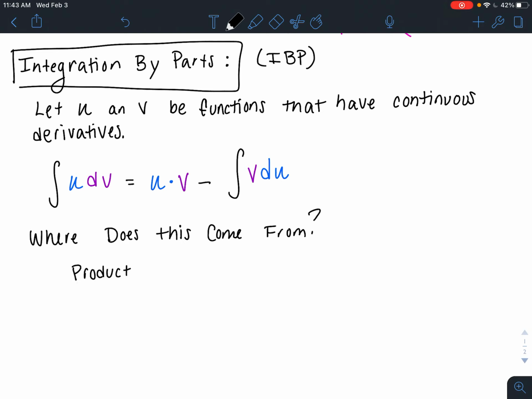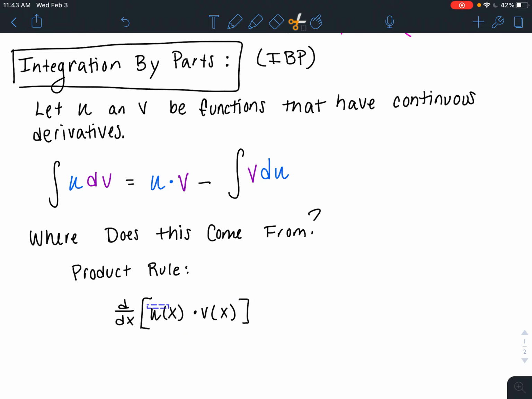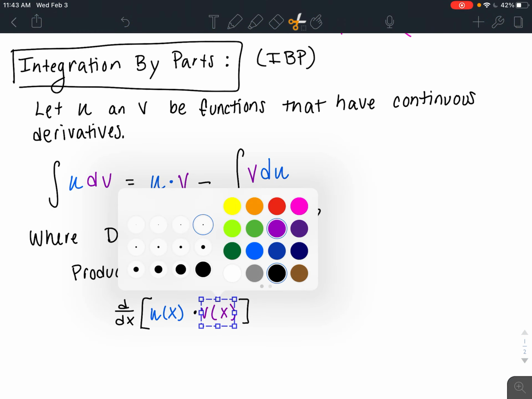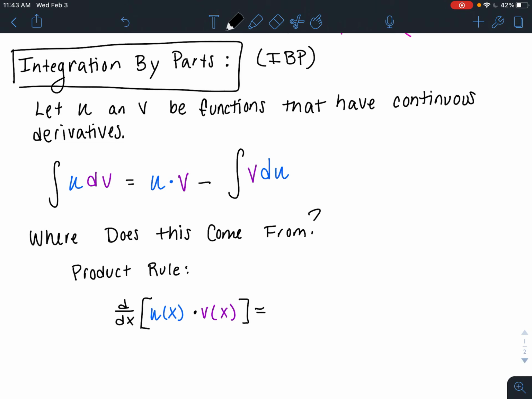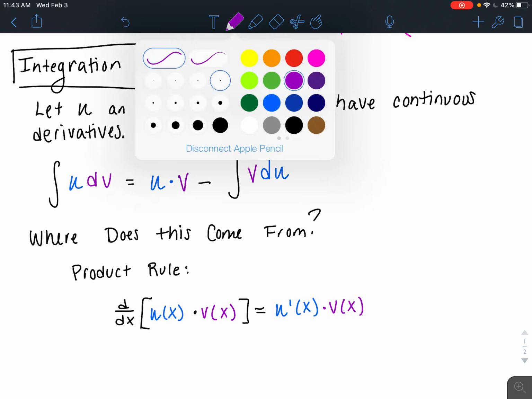What this comes from is the product rule. We know the product rule, and I'm even going to use u and v. So we'll use u of x times v of x. I need more room. And if I really wanted to be good, I could be color coding all of this. So let me cheat a little bit. We know that the product rule is the derivative of the first, so this is u prime of x times the second,